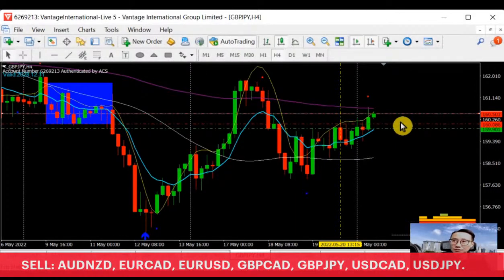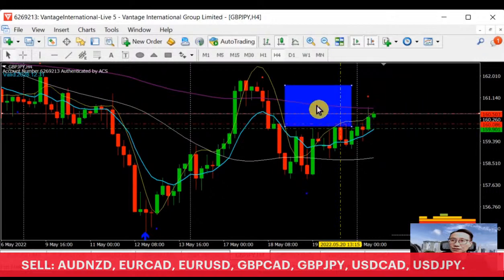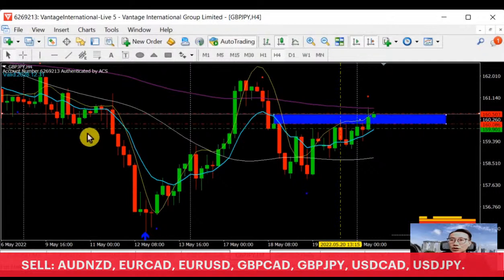Right. So basically, right now, always remember, for resistance we don't have a specific level. We have an area. So this is the resistance area. Let me move this so that you can see the area clearer. Over here, in these 4 hours, we are still maintaining within the resistance area.